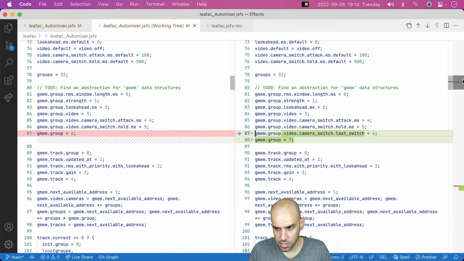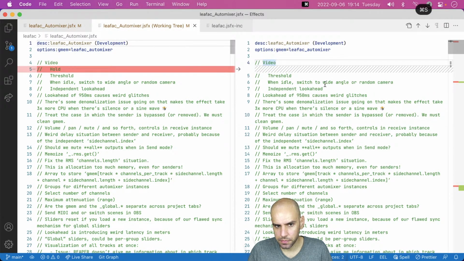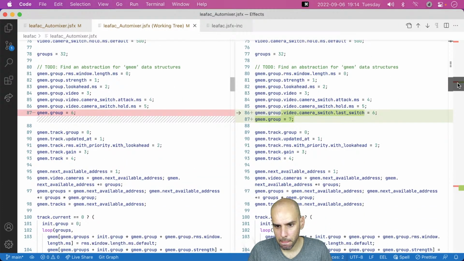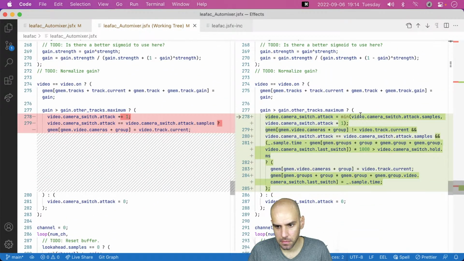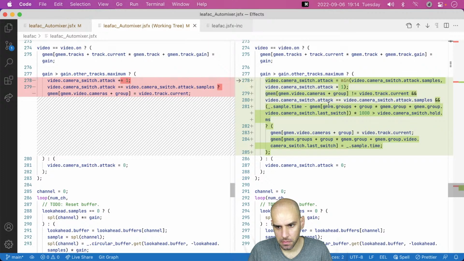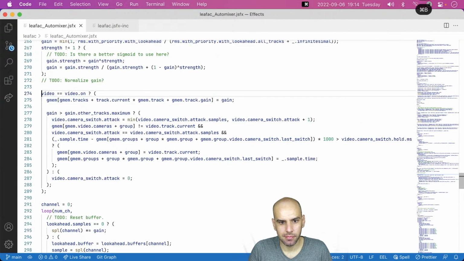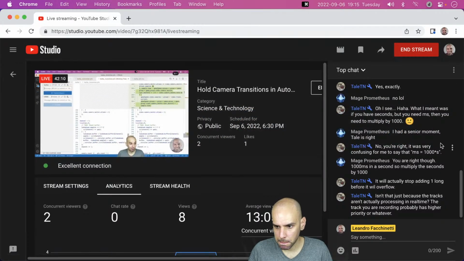Let's review the changes, and perhaps we will even get to this threshold that I was not expecting to have time to do today. Oh, boy, so much talking for this much change? Sometimes it's like that. Let's see what you have to say, and then I will try to tackle another feature I want for the Automixer for video.